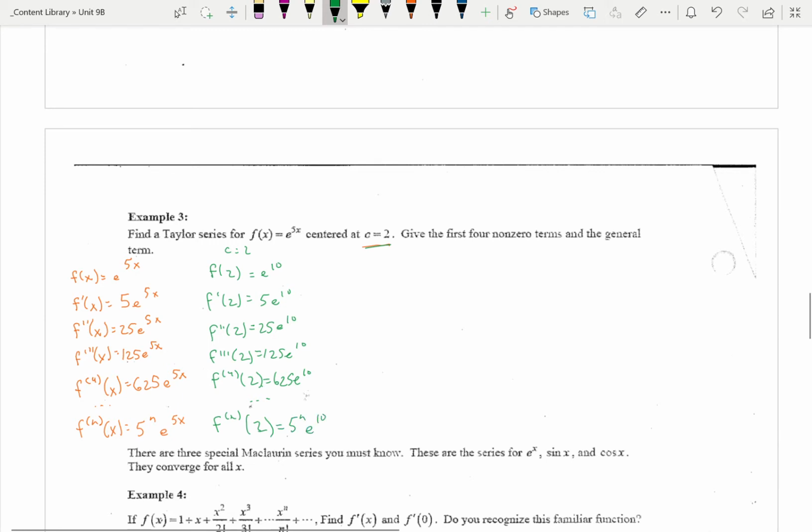So when we build this Taylor polynomial, I'm sorry, we're actually building a Taylor series now, right? So we're going to say that e to the 5x is exactly equal to, not approximately equal to, we'll take the e to the 10 as our first term. We're going to take 5e to the 10 times x for our second term, but it's not just plain old x. People tend to forget this, but don't forget this center of 2. So every time we put an x, we want to put that x minus 2. And then we've got 25e to the 10,